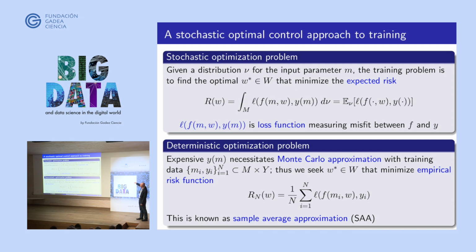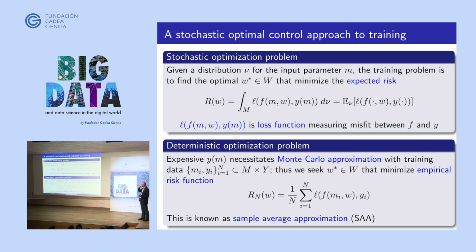And so the idea is that we're going to use training data, but the original problem is we're trying to minimize this loss function over all of parameter space. So this leads to a stochastic optimization problem. We've got some distribution. We care more about some regions of parameter space than others. For example, if we're going to use this reduced model F to do uncertainty quantification, we're going to be sampling, and we care about certain areas more than others. And so what we really have is an expectation with respect to a distribution on the input parameter m. And we're trying to minimize the expected risk. Now, this integral, of course, is too difficult to manage.